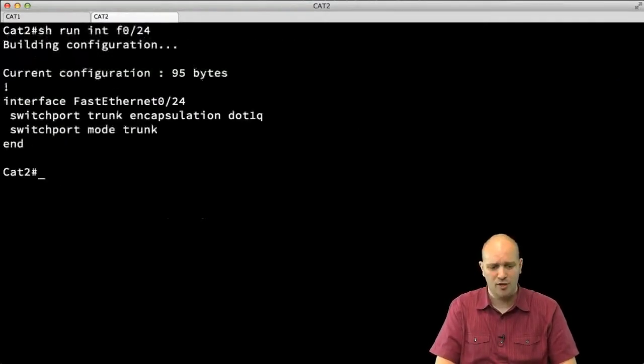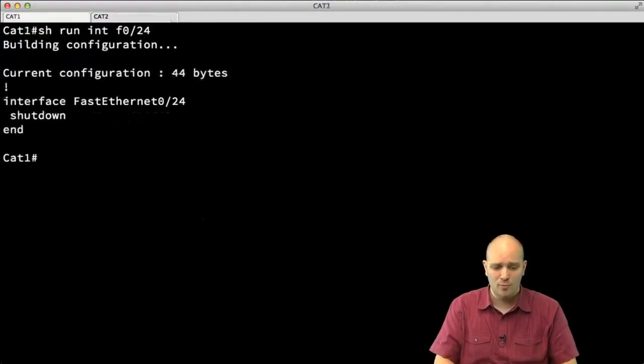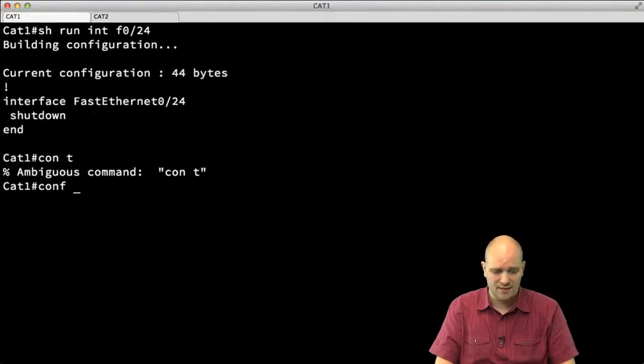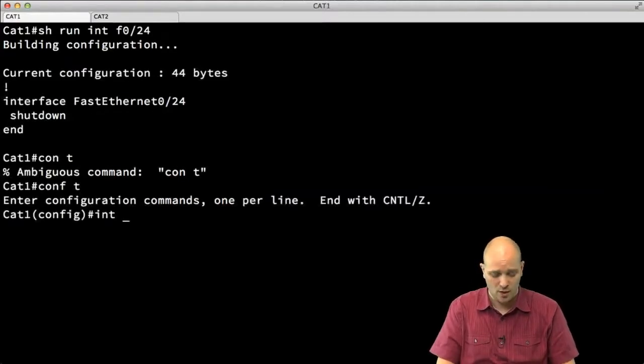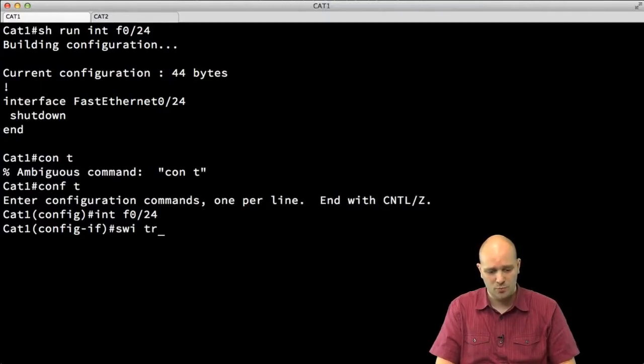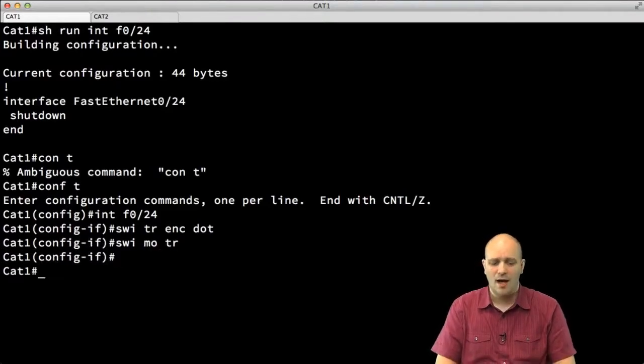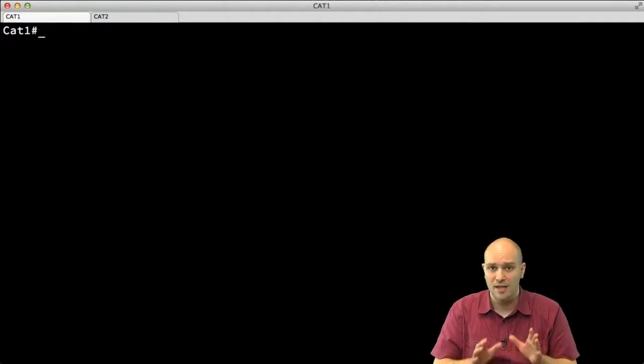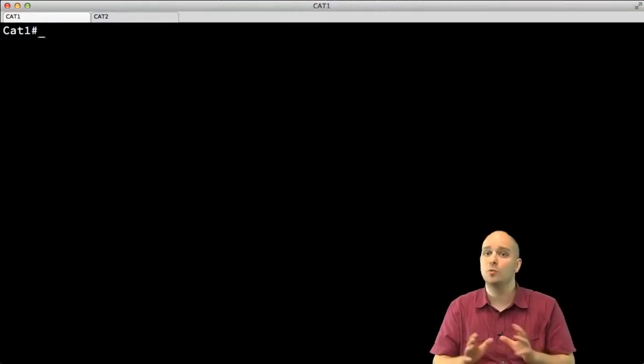Going back to my terminal, let's confirm the configuration on FastEthernet 0/24 on Cat2. It's a trunk, and I need to make sure that the same configuration exists on Cat1. So I'm going to go to interface FastEthernet 0/24. I'm going to say switchport trunk encapsulation dot1q, switchport mode trunk. So now I have configured my interfaces to be ready for my VTP. The interfaces are still shut down. I want to do this in a controlled fashion because I want to show you